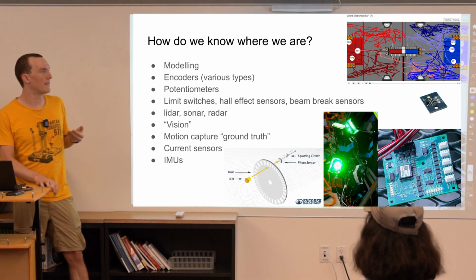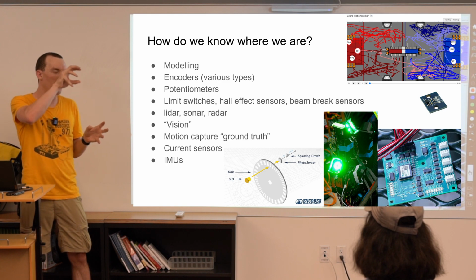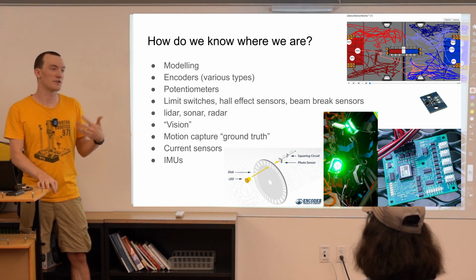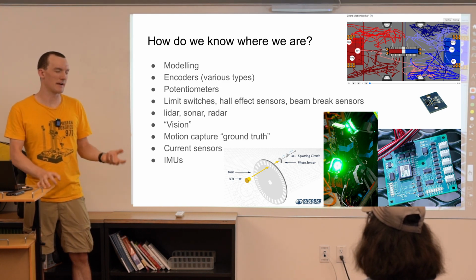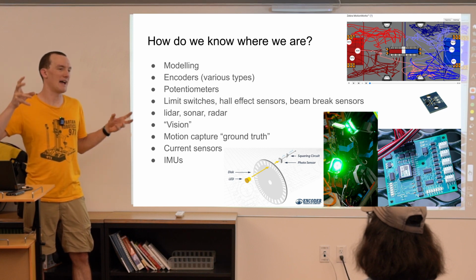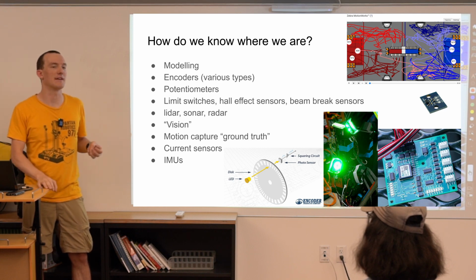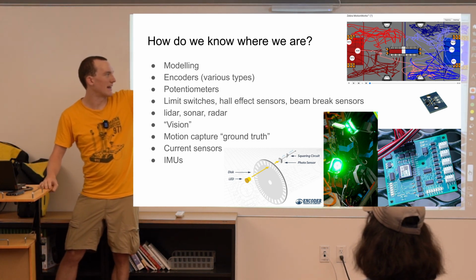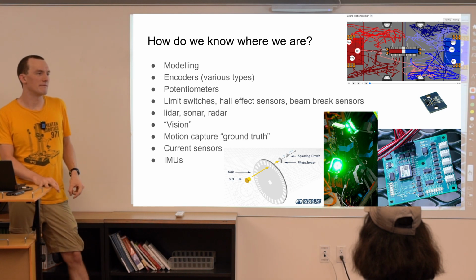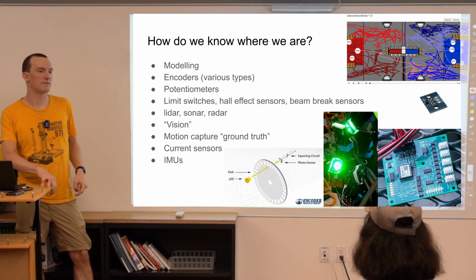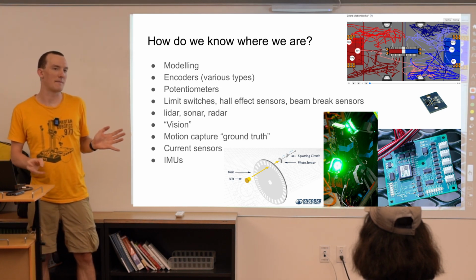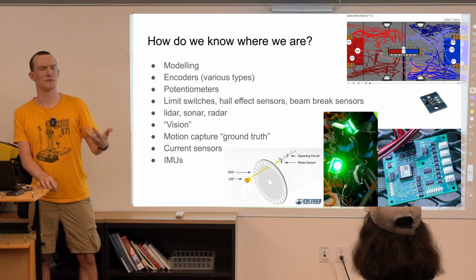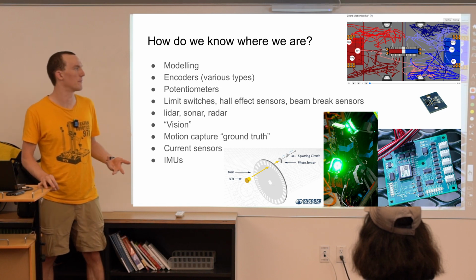The idea being that if you put little markers or radio tags on a robot and then have cameras set up all around a field, you can very accurately determine where everything on the field is. There have been some cases, like in that upper right, where tags have been put on robots for collecting data about where they are in a match. That's not been used as a real-time feedback mechanism. It's been more used for